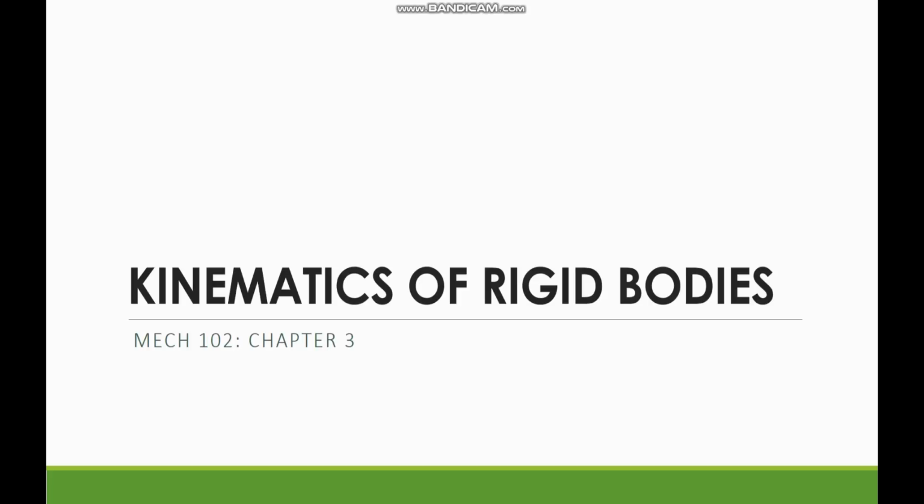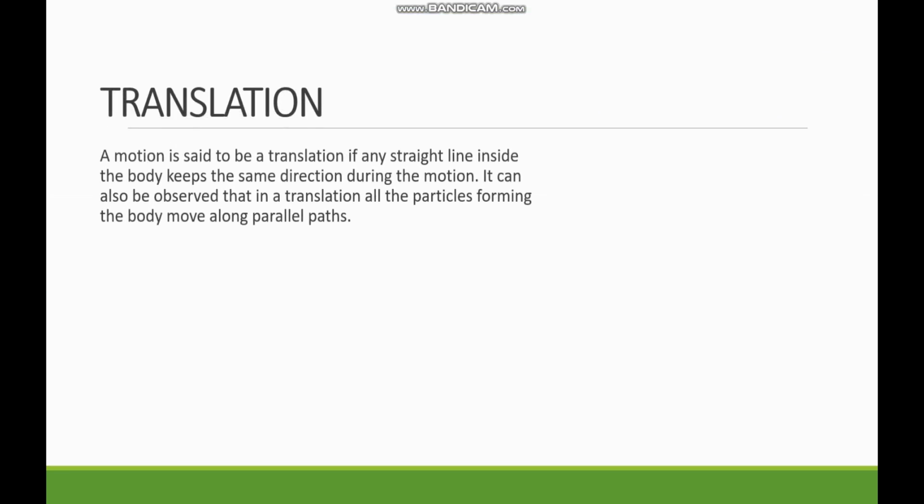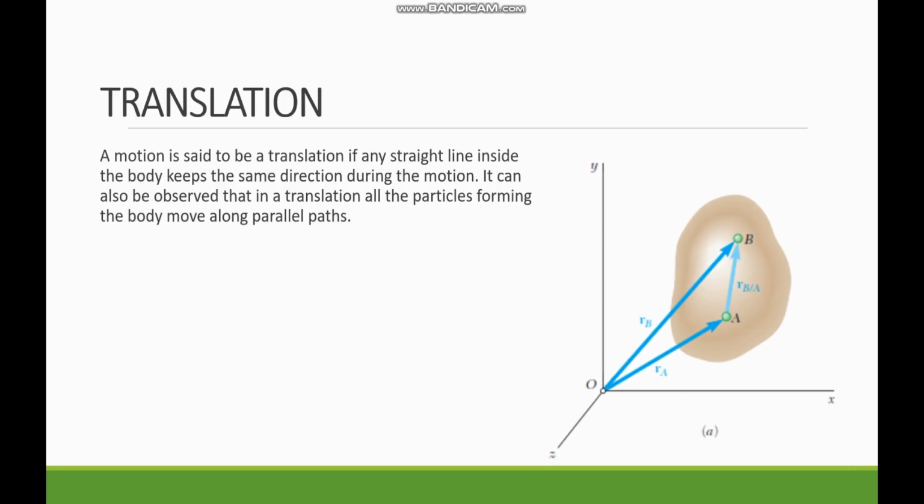And to begin with, let us start with the first type of rigid body motion, which is the translation. A motion is said to be a translation if any straight line inside the body keeps the same direction during the motion. It can also be observed that in a translation, all the particles forming the body move along parallel paths. So let us consider a rigid body here, and inside the rigid body are particles A and